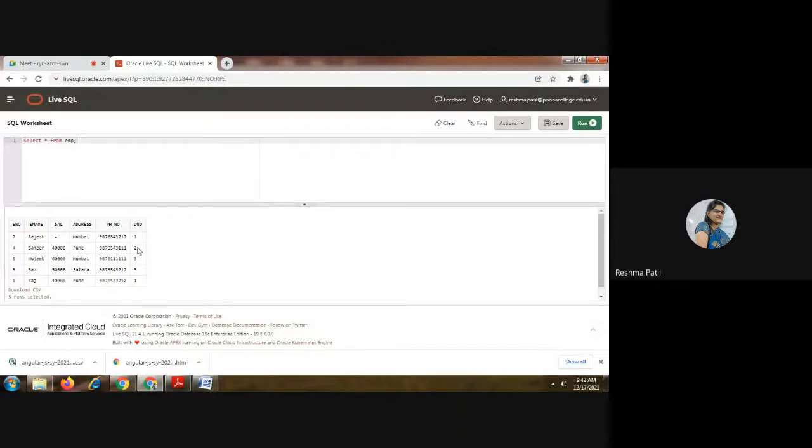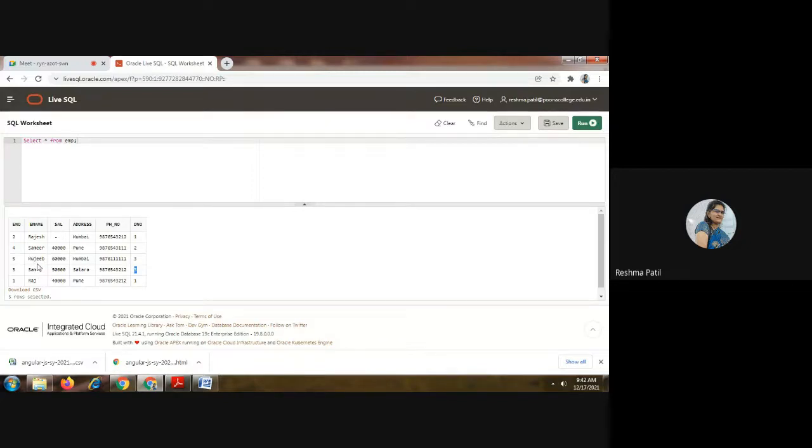Then the second department, how many employees are here? Only 1. That count you will show to the other person. Only 1 employee is there. For department 3, how many employees are there? Total 2, Mujib and Sam. So total 2 employees. That count we have to find out.